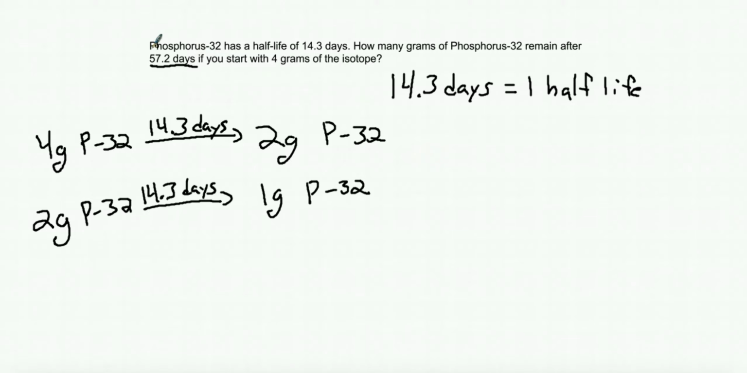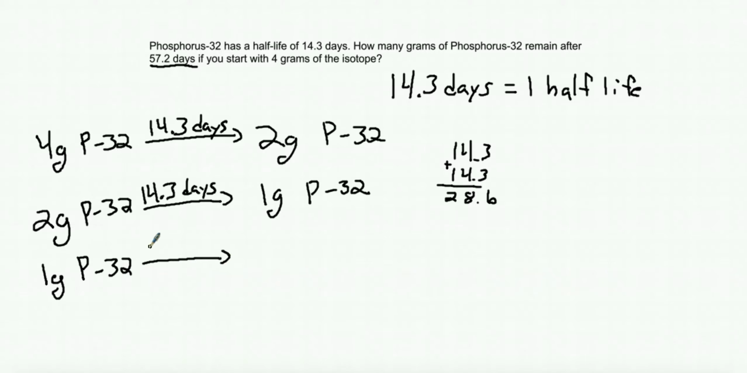Again, we're looking for 57.2 days. So we've had 14.3 days and another 14.3 days. Well, that's just 28.6 days. We need to keep on going until we hit that 57.2. So now our 1 gram of phosphorus-32 is going to decay over another 14.3 day period. And now we have half a gram